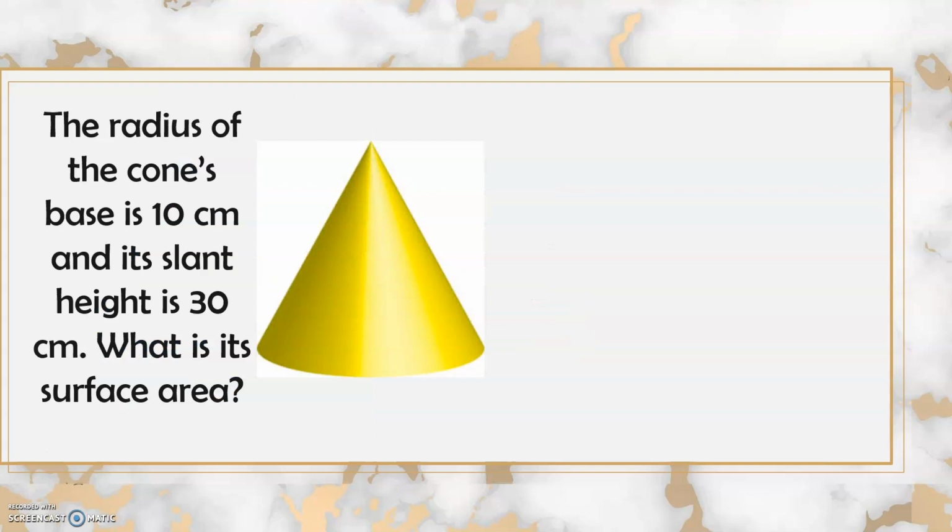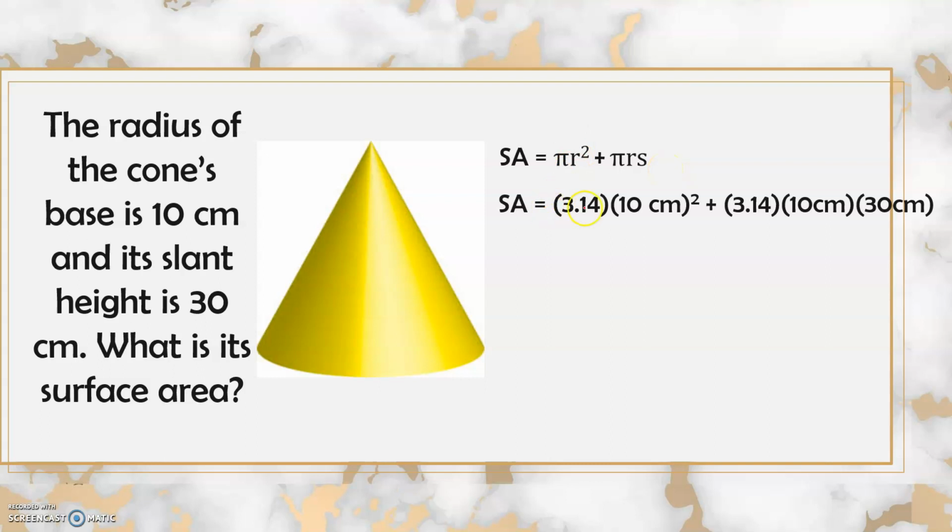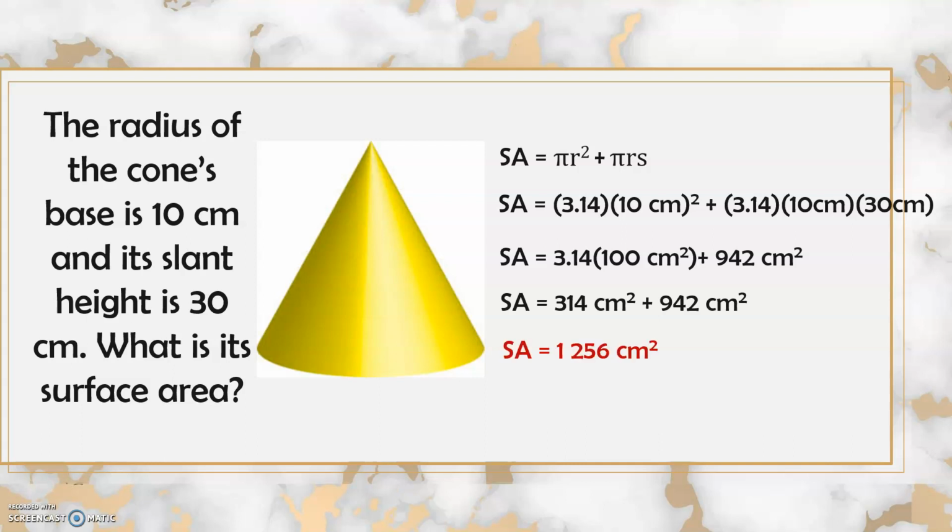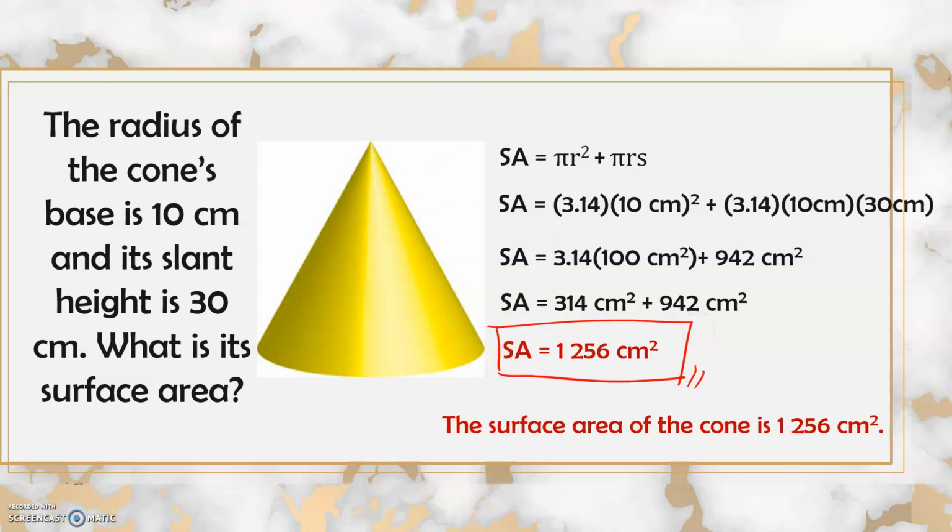Now let's try to solve a word problem involving surface area of a cone. The radius of the cone's base is 10 centimeters and its slant height is 30 centimeters. What is its surface area? Again, for us to find the surface area, we just simply have to use this formula, pi r squared plus pi rs. Substituting the given information, we'll have 3.14 times 10 centimeters squared plus 3.14 times 10 centimeters times 30 centimeters. Performing the indicated operations, we'll have the following. And we'll get the surface area of this cone as 1,256 square centimeters. So the surface area of this cone is